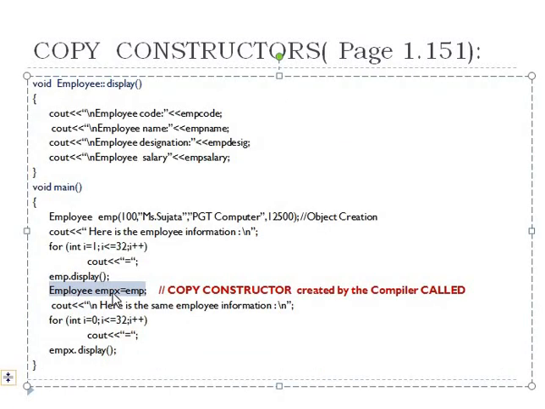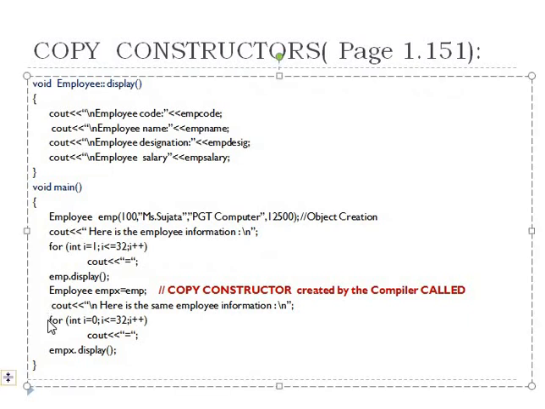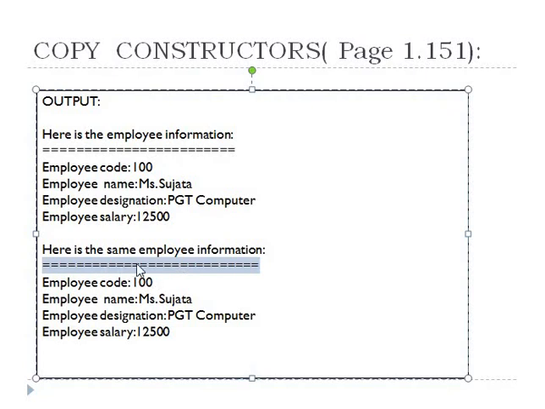Now once this statement gets executed, the control shifts to the next statement, and in this statement it's printing this text with the help of this cout command. So this text gets displayed exactly as it is in the output like this, and then the control moves to the next line. Here it is executing the for loop 33 times, because the value of I ranges from 0 to 32, which gives 33. And 33 times it is going to print this equality operator. So the effect is seen here: 33 times the equality operator has been printed.